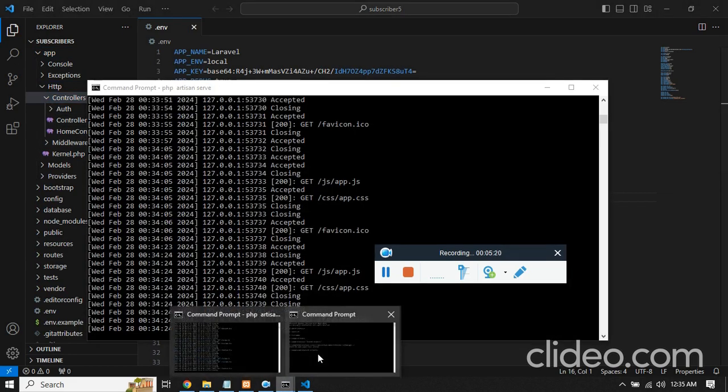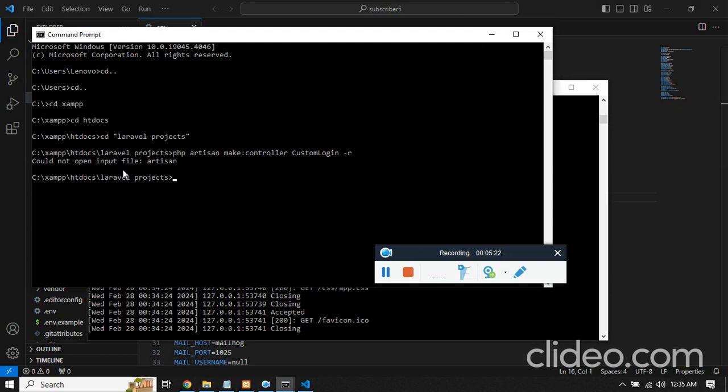Is it created yet? Actually, you have to get into the subscriber 5 folder, and then you have to run the command for creating controller. The controller name is going to be custom login. Now once it is created, you will see a file